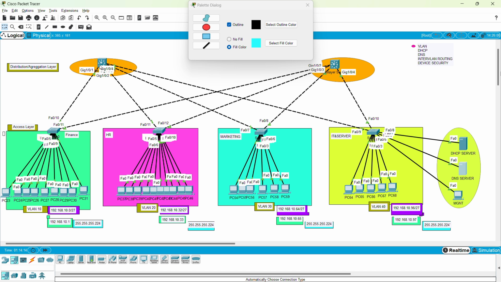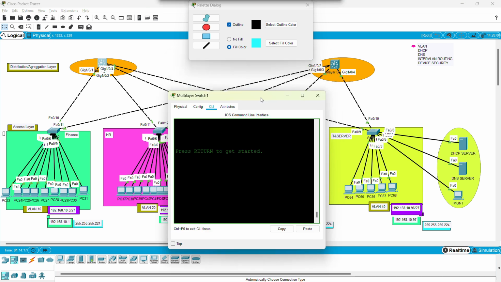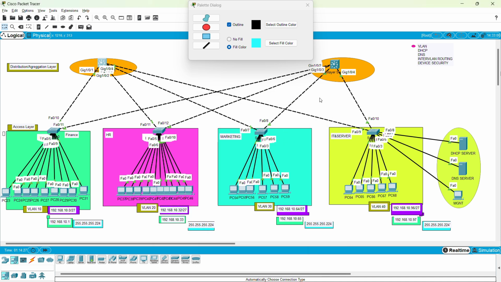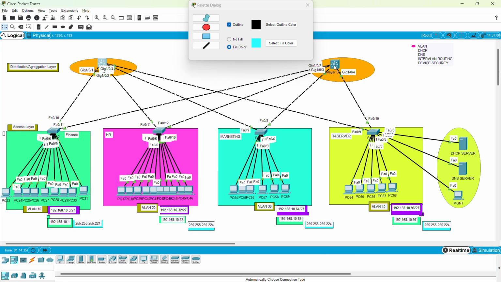Let's start with the switch on the left hand side, because the configuration that we apply on the left hand side is the same configuration on the right hand side. This is a redundant switch,